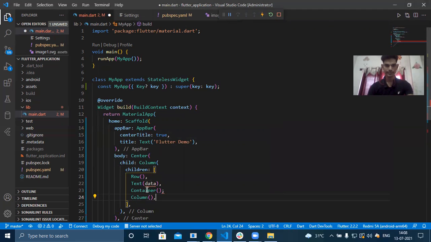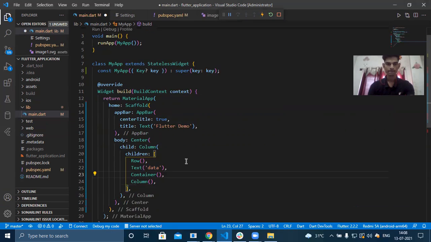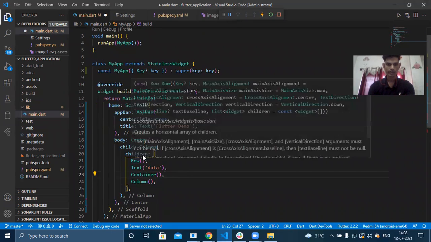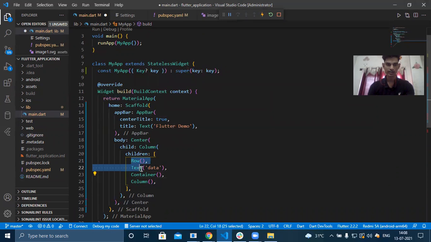So whatever you want you can take here, and by using commas you can take anything inside these children. I am going to show you one by one.